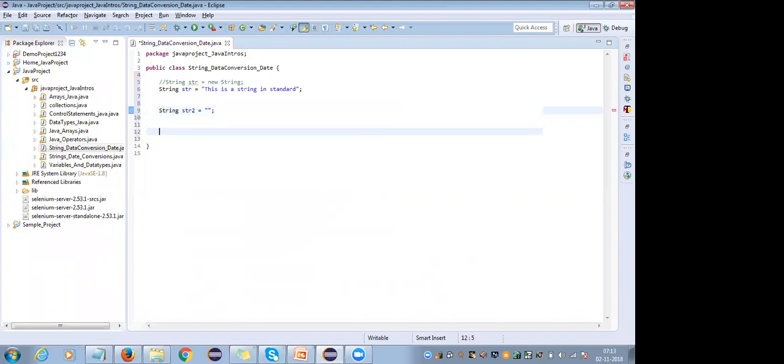The main purpose of strings is that there are many operations that we need to do on strings, and one important